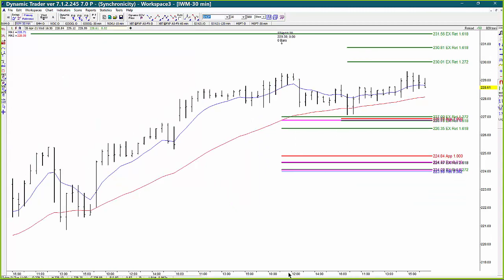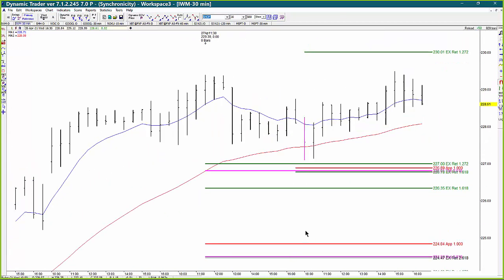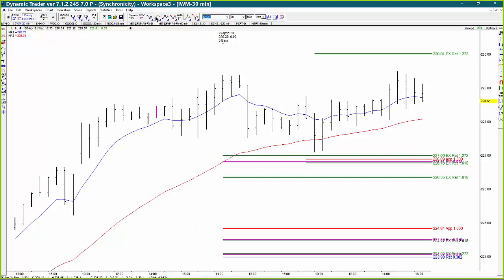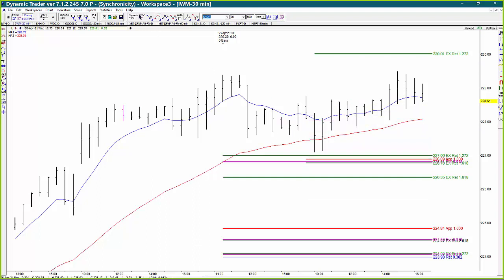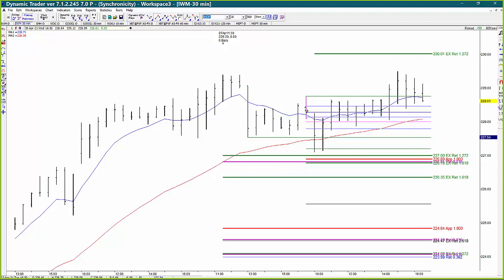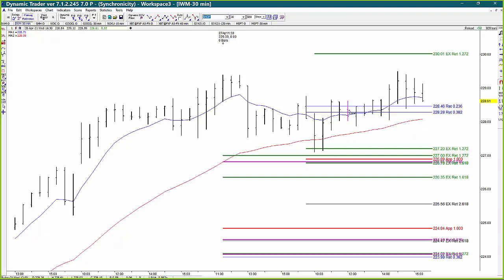Okay, so this morning we had a setup zone in IWM. Not off of this swing, I think it's off of this swing too. Depending on how you look at it, the zone that we hadn't gotten through yet was 226.78 to 227 even. Now there also was one other extension at 227.20,